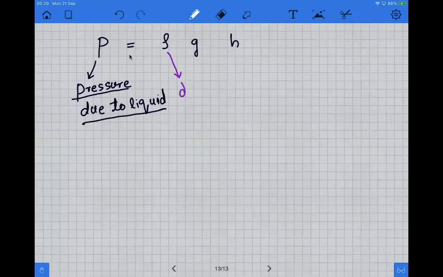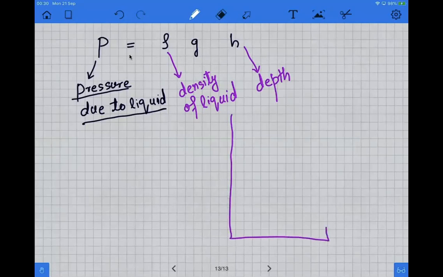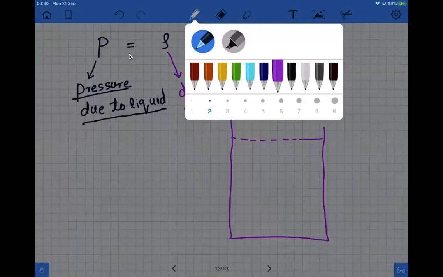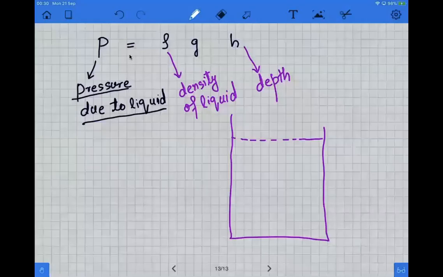Rho is the density of liquid, G is the acceleration due to gravity, and H is not the height but the depth. When you apply this formula, you have to be careful about one thing. For example, if this is the surface of the liquid and you find pressure at a point, for example, this is a point P here,